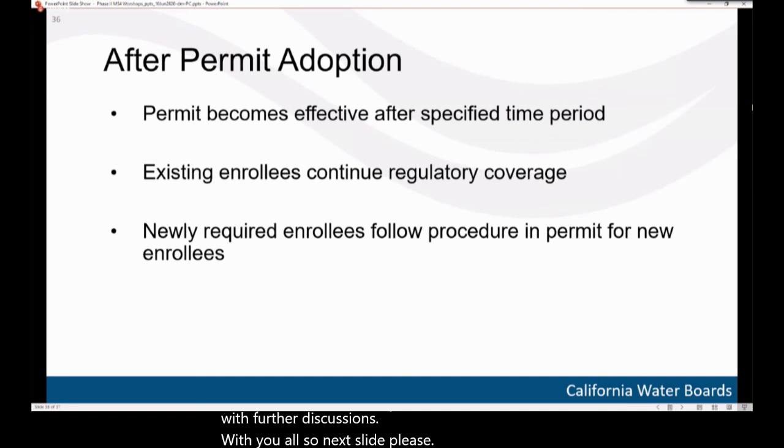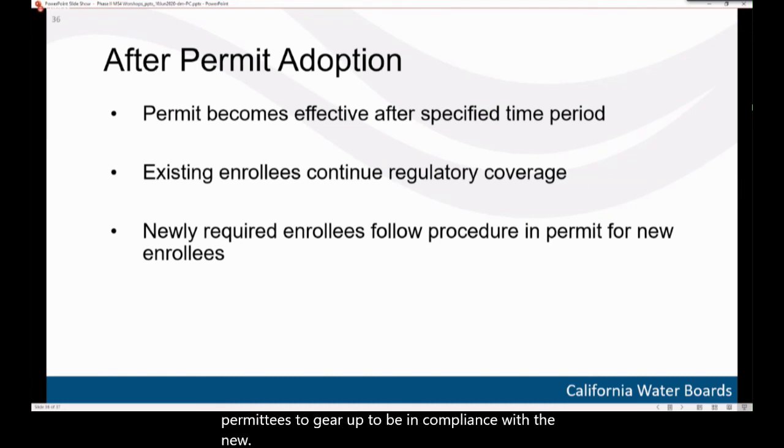All right, so as I had just mentioned, after our board considers adoption and if and when they do adopt a reissued permit, because we never want to take any of their decisions for granted, the permit becomes effective. Typically, for our statewide permits, there's a minimum of 90 days before they become effective. We had a very good comment about making the effective dates in a certain month of the year. We take all comments into account when it comes to the effective date, because we know new requirements going into effect is very serious, and it does take time for our permittees to gear up to be in compliance with